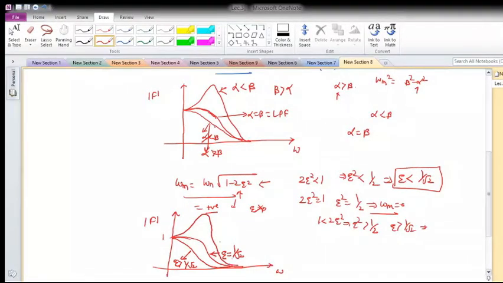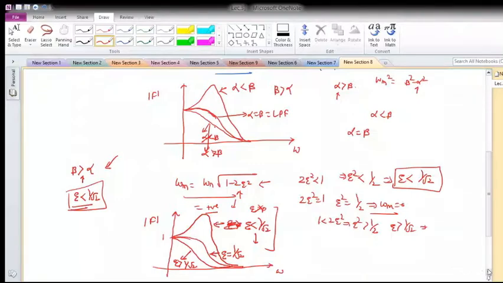So we can say that peaking will be there for zeta less than 1 by root 2. One more condition we have derived now in order to have the peaking, or the resonance: the roots have to be complex conjugate. I agree, but again, to have a peak, the imaginary part of the root has to be greater than the real part of the root. This is one condition, and also zeta has to be less than 1 by root 2. This is the second condition in terms of zeta. So this is basically the condition for criticality in the frequency domain.